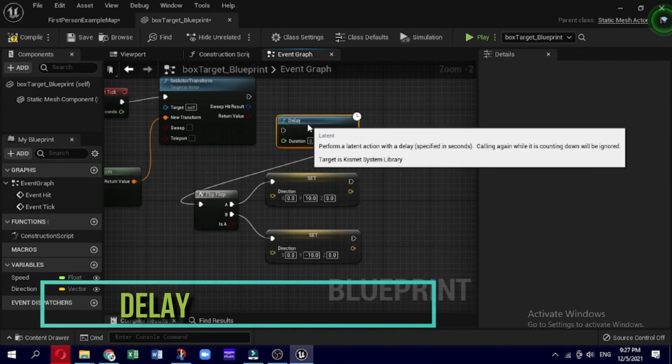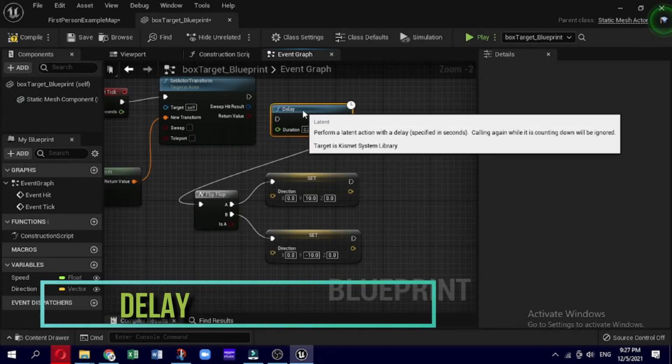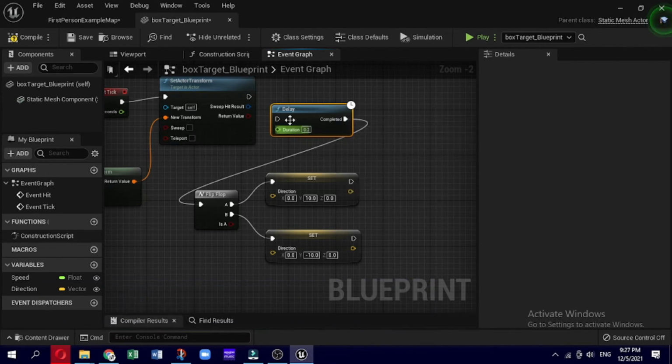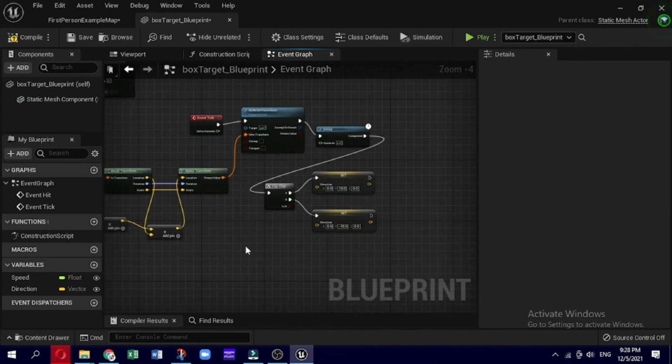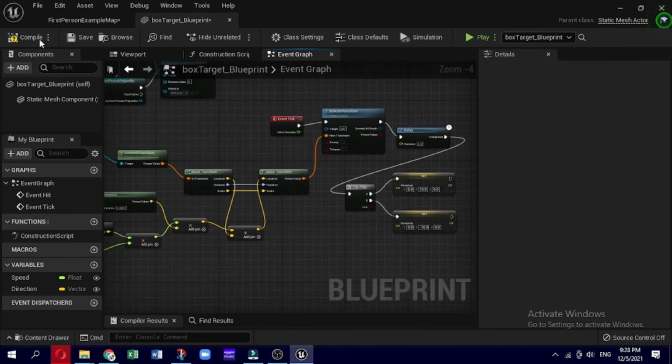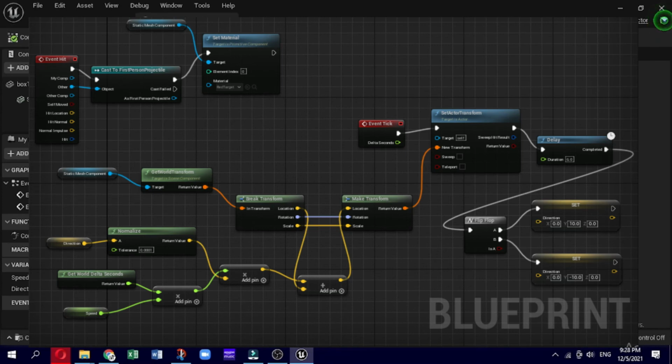To do so, drag the input execution pin of the flip-flop node into empty space, and search for the delay node. This node allows us to set a delay duration, in seconds, that will postpone the following execution commands by that length of time. Place this node before the flip-flop node, and give it a duration of 6 seconds. Placing this delay node between our set actor transform node and our flip-flop node will ensure that the direction switch enabled by flip-flop will occur only every 6 seconds.